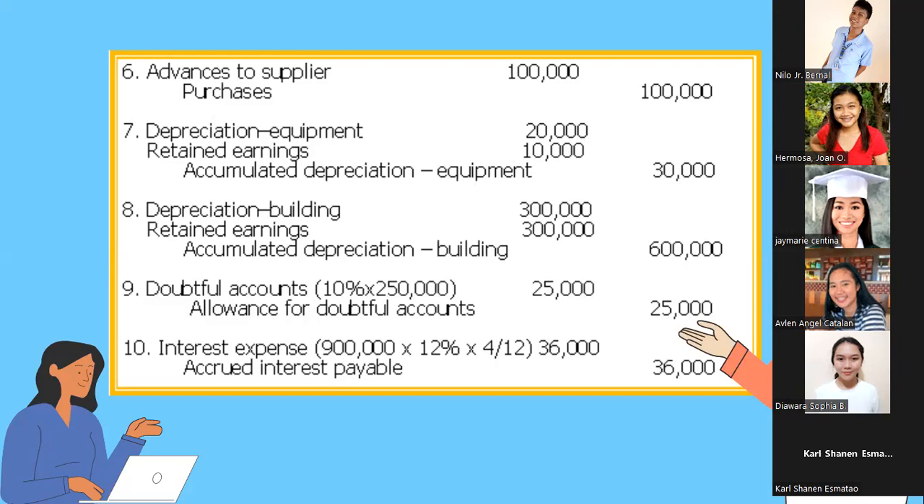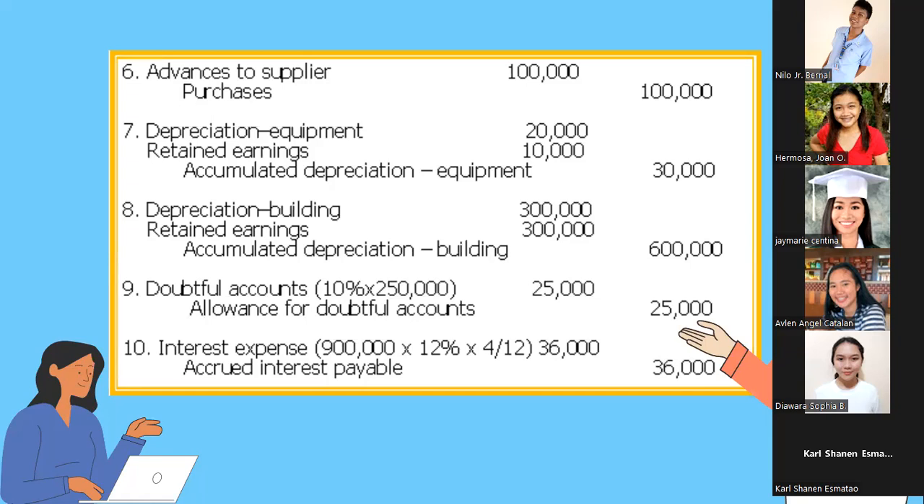So where did the 20,000 come from? It is from 200,000, the value of the equipment, divided by the estimated life of 10 years. So this 20,000 pertains to the depreciation of 2021. How about the 10,000? It is from the 20,000 depreciation recognized in 2021